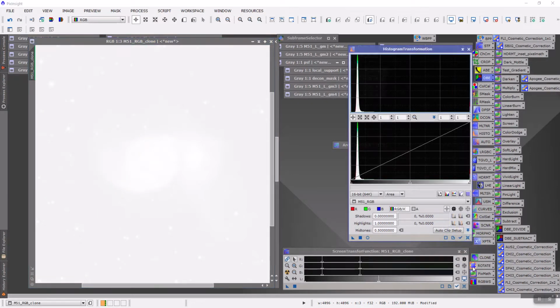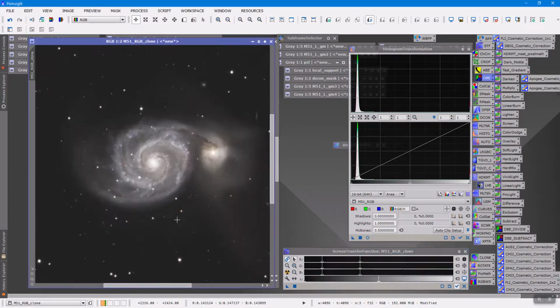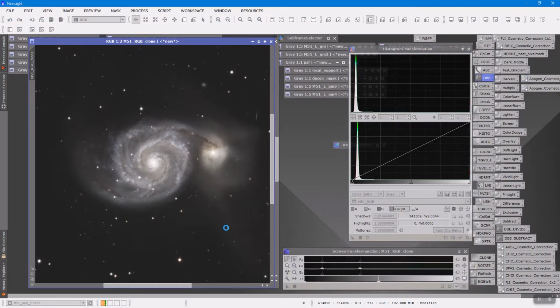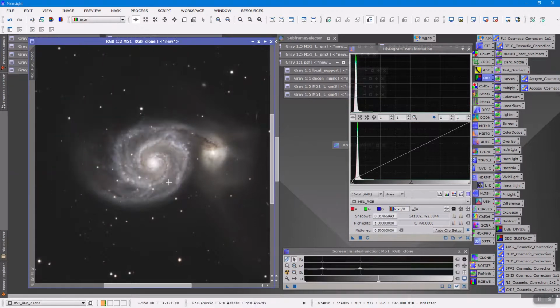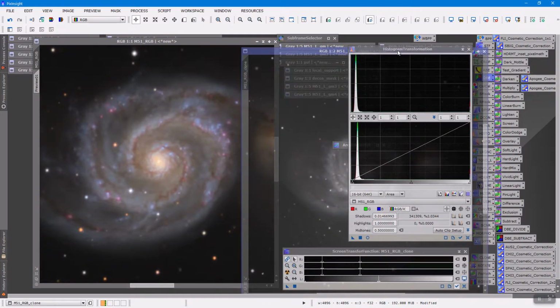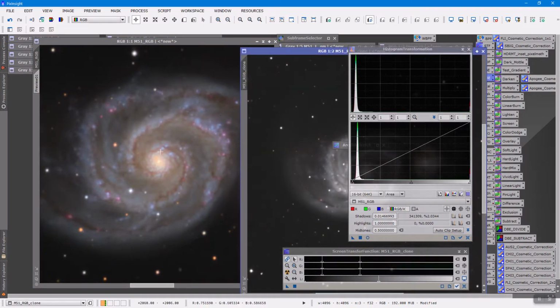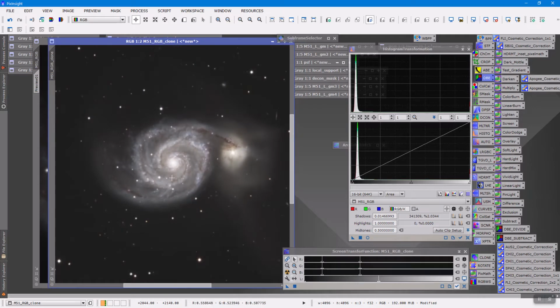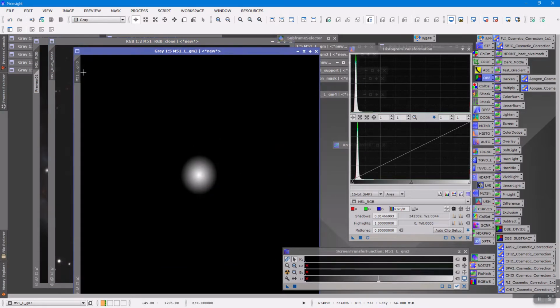And reset this. And now I've got this. I can back off a little bit, maybe about halfway. And so now we've got a stretched image. Okay. As you can see in here, the other thing is we really don't need to do much to this. It's not too bright. This one has the same problem we had with the luminance, that it's a little too bright. Okay, so I believe, yes, I can apply this